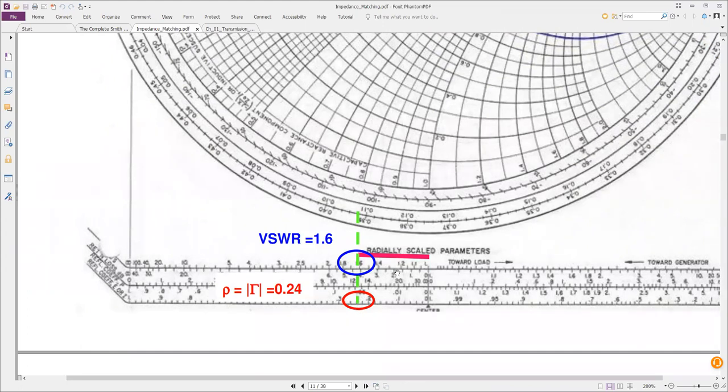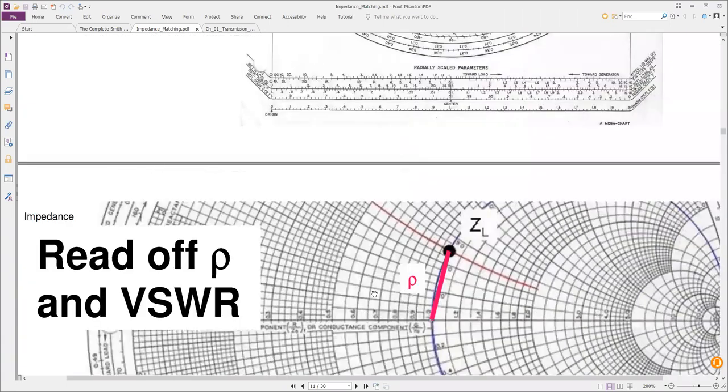From here, you will get the VSWR as well as the reflection coefficient value. From the scale here, you get the VSWR. Just calculate the length of that portion. Then you get the value of VSWR from the first scale. First scale, you will get the VSWR, and the last scale, you will get the rho, the reflection coefficient value, by